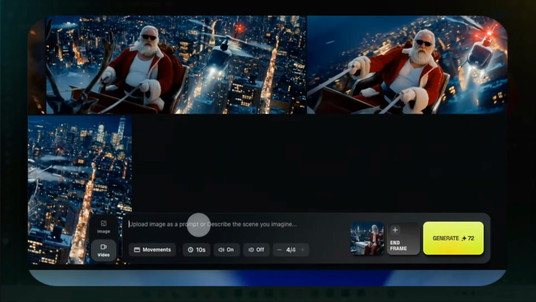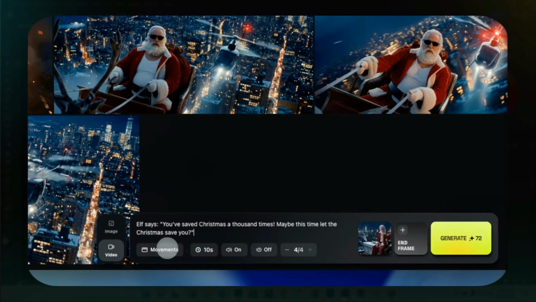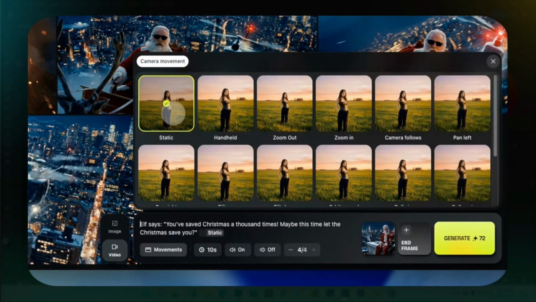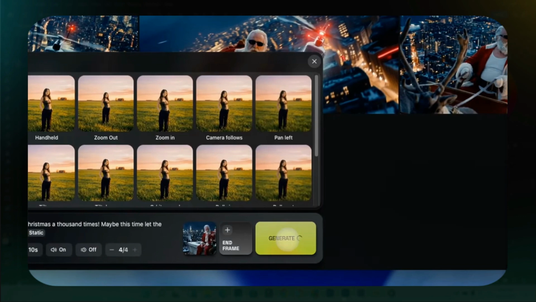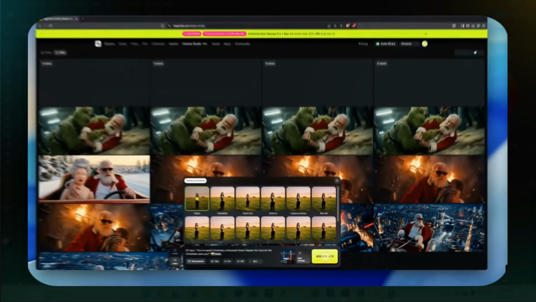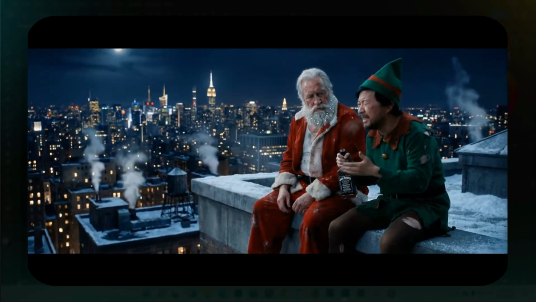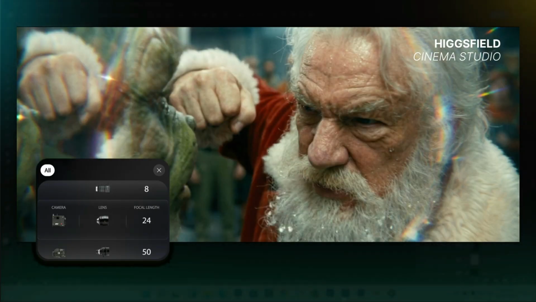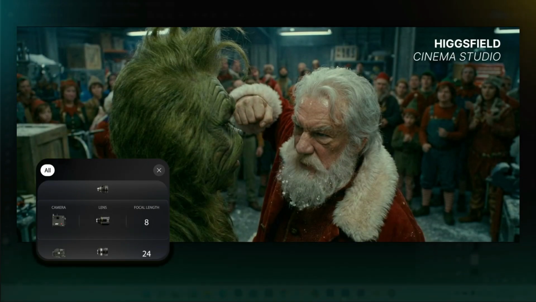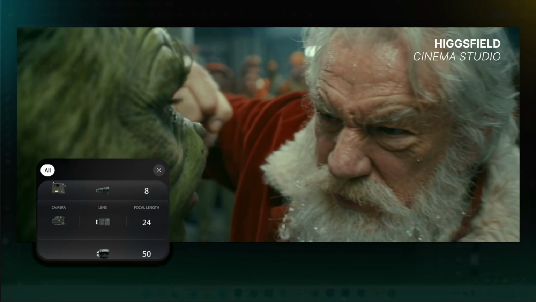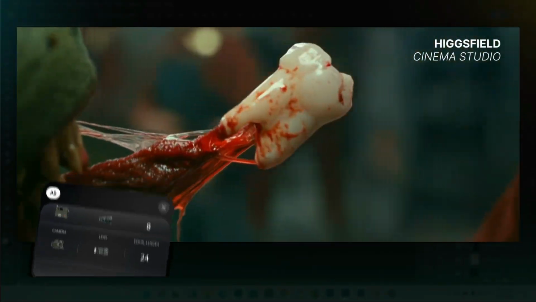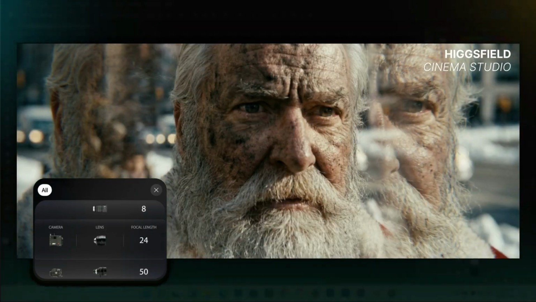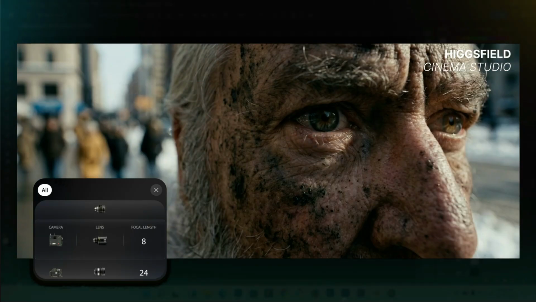ever seen. Higgsfield Cinema Studio is a creator-first cinematic workflow that lets you start from one intentional frame, then turn it into a polished cinematic shot. Not animated, not random motion, you're literally extending a film shot. And this is why Higgsfield calls it a real cinema tool, not just another video generator. You can now control the lenses, choose expensive gear, and this is a huge upgrade in AI filmmaking and video